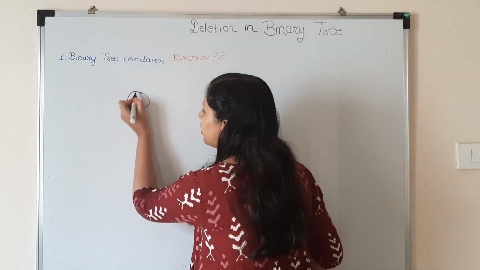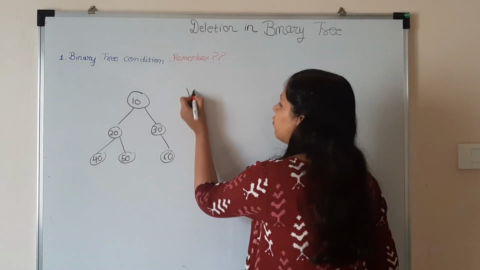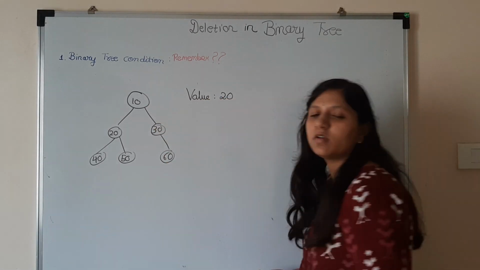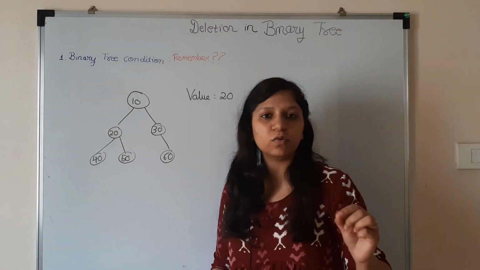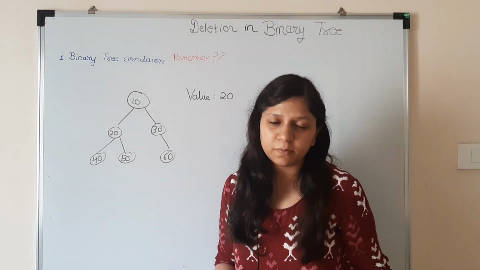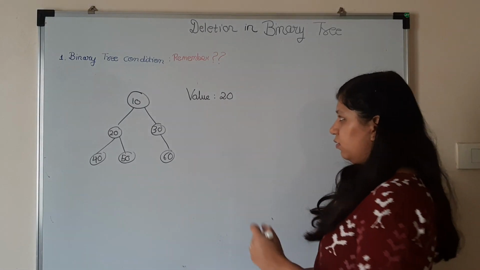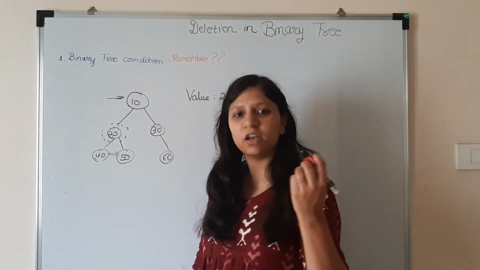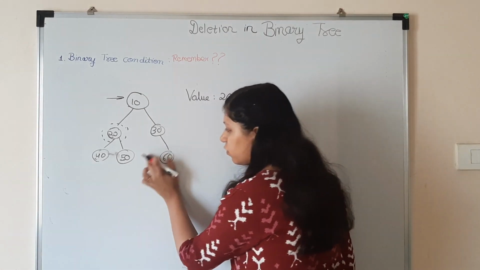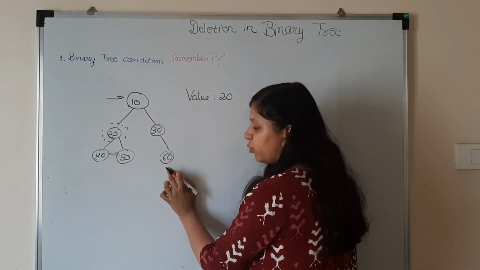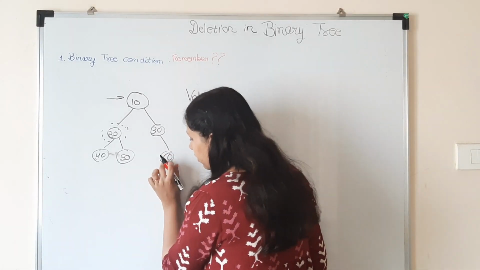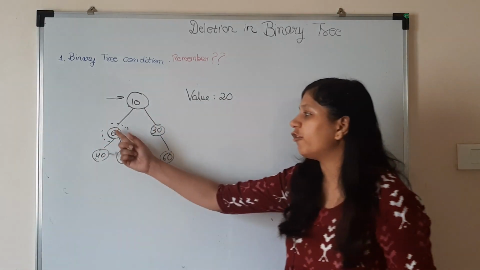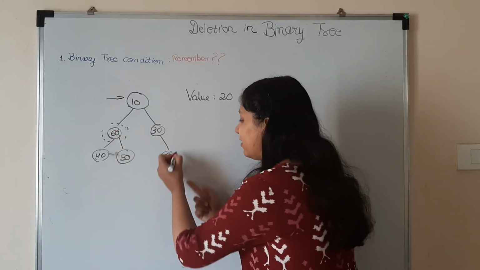Again, take the same example that we were taking. So the problem statement would be: delete a node containing the value or data 20, any data could be given, and you have to delete the corresponding node out of this binary tree. Now you need to delete this 20. So one approach could be to find a leaf node. Suppose I get this as my leaf node, 60. What I do is, instead of 20, I keep the value of the last node here, of any leaf node. So this is now 60, and I delete this leaf node.